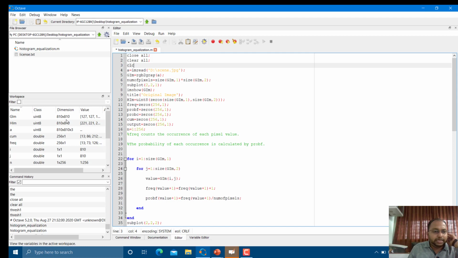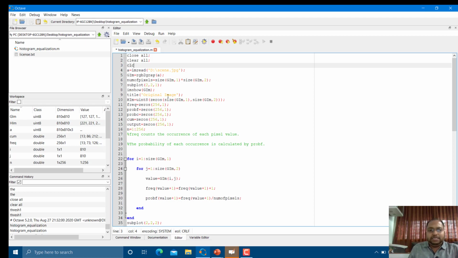Over here you can take a view. Come into the workspace and check out the dimensions. 810 by 810, that many pixels will be there. Let us calculate it. 810 multiplied by 810 is 6,56,100. So this many pixels will be there for this particular image, roughly 6.5 lakh pixels, that is about 0.65 megapixel.